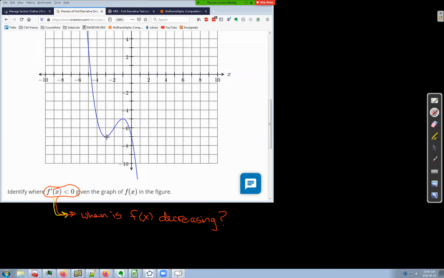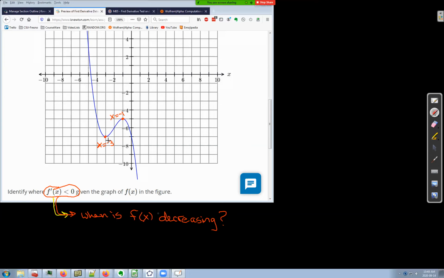So all right, let's see. I'm going to mark a couple of points on the function. Those are the critical points, the minimums and maximums. This one looks like it's at x equals -3. And this one looks like it's at x equals -1. And so, all right, it looks like the answer is that